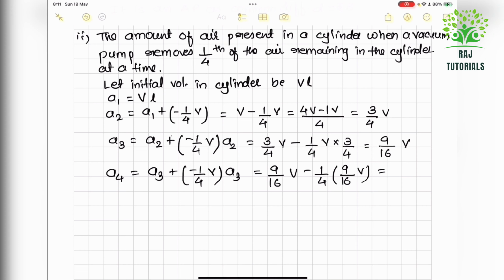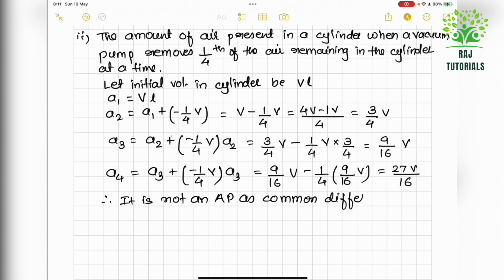That is coming 27V/60. So therefore it is not an AP as common difference D is not same. Every time D is getting separate values, so it is not an AP. Now coming to the third one,